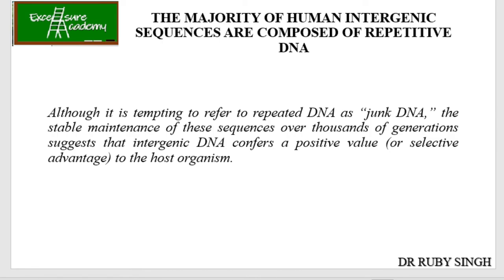So that's why we shouldn't say that our repetitive DNA is junk DNA, because it's not junk, it is actually playing a very important role. It is preventing us from many mutations. And you know that if 5 or more mutations get accumulated inside a cell, that cell undergoes transition from normal to cancerous. Okay, so it is actually playing a very important role.